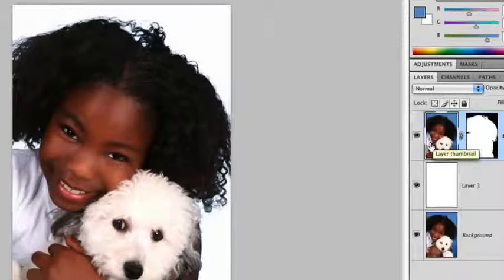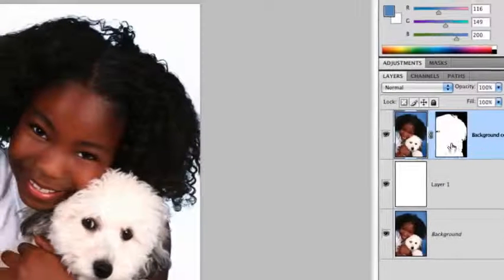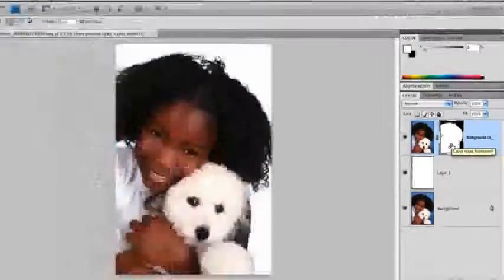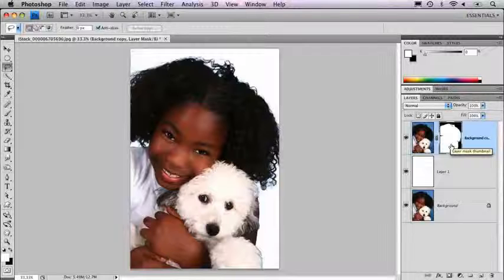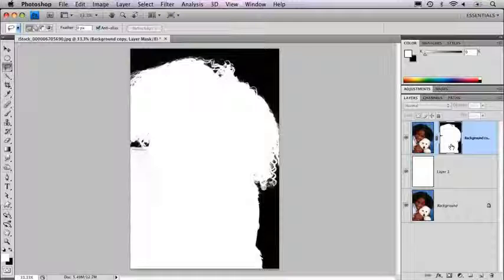When you're looking at the layer, see that little extra outline that appears? We want to actually work on the layer mask. So it's important to make sure we're starting off in the right place. Now sometimes you might want to just start off by actually looking at the mask itself. If you hold down Option or Alt and click on the layer mask thumbnail, it will take you to the